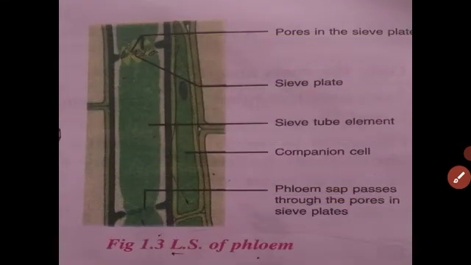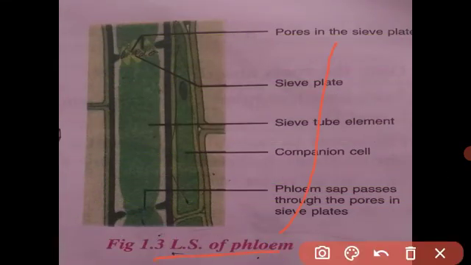Got it, student? Next is the phloem tissue. Xylem transports the water, and phloem is the translocation of the food. As you know, student, the leaf is the food factory of the plant. You know why? Because the leaf contains the chlorophyll pigment, and due to the chlorophyll pigment the plant can make the food by the process of photosynthesis. This process is carried out in the leaf.